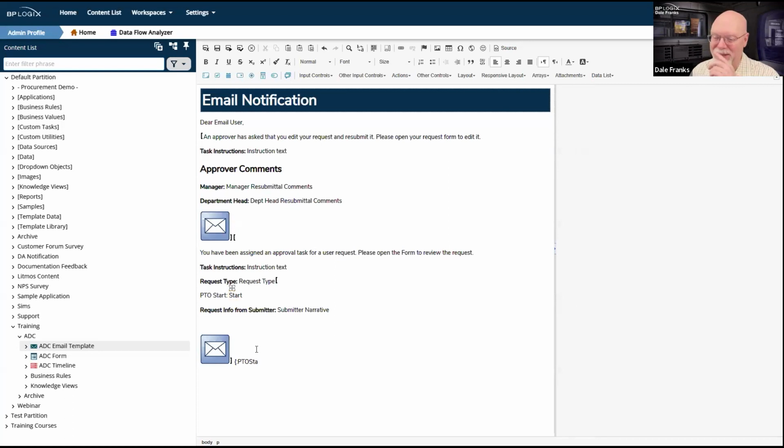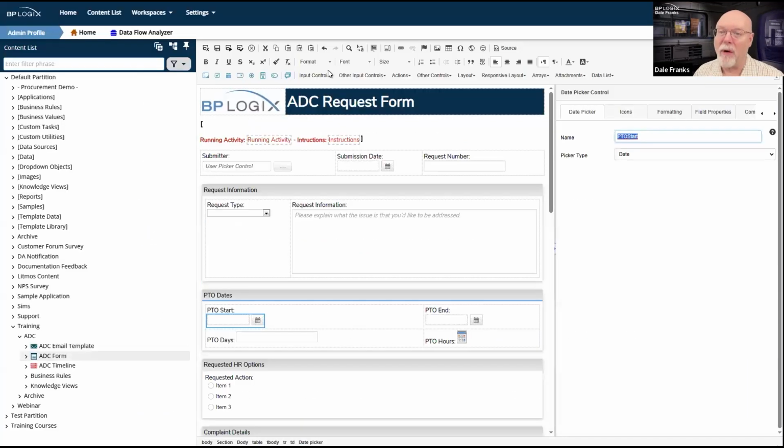That was quite unexpected. PTO start. So let me go all the way back to there. So I have my PTO start date, and I'll put a, you know what? I could have put a table in there to make my life easier, but you know what? I'm just going to put in a dash there and PTO end. And I think the form field is PTO end, but I have learned never to trust myself. Okay, it is PTO end.